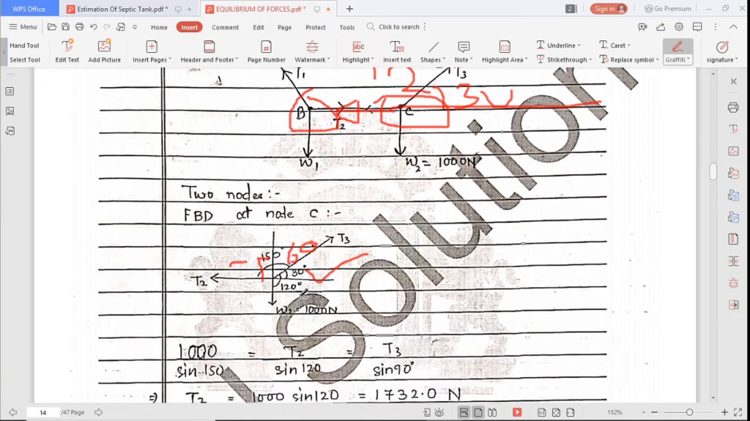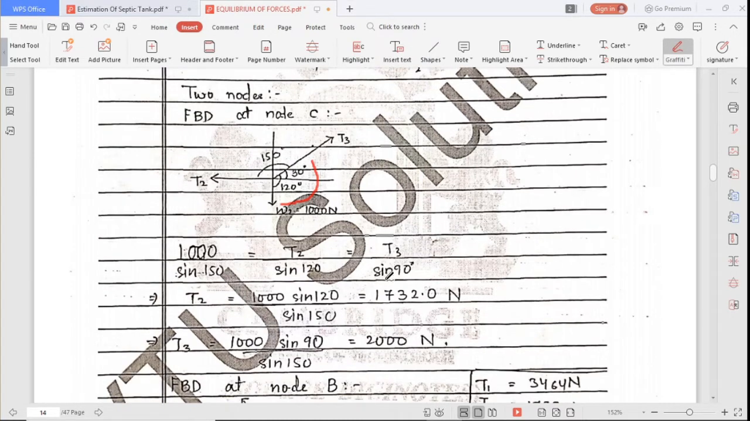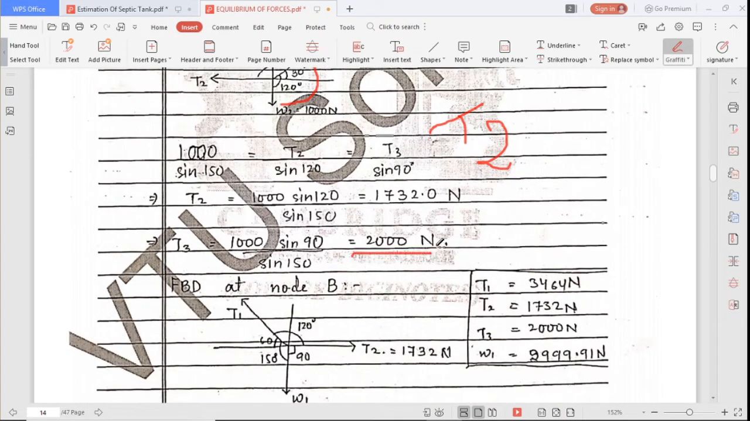First you determine the angles after writing the forces, okay. Then this is W2, which is 1000, opposite to that 150 degrees. T3, this is 90 degrees, and this is 90 plus 30, which is 120 degrees. So what we can write here from the FBD: W2 1000 by sine 150, the opposite angle, is equal to T2 by sine of the opposite angle, 30 plus 90, sine 120, which is equal to T3 by sine 90. Same as we solved before, solve for T2 and T3, and you will get the values as 2000 Newton,